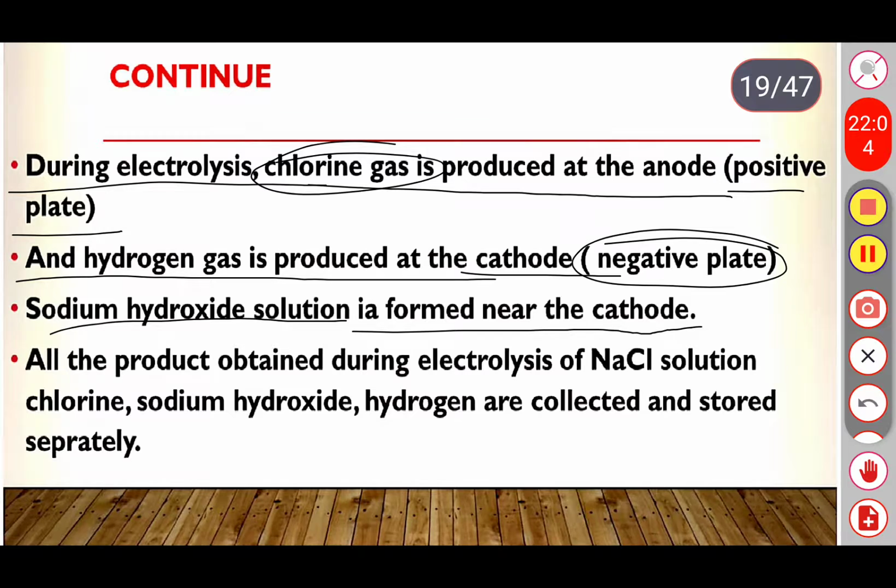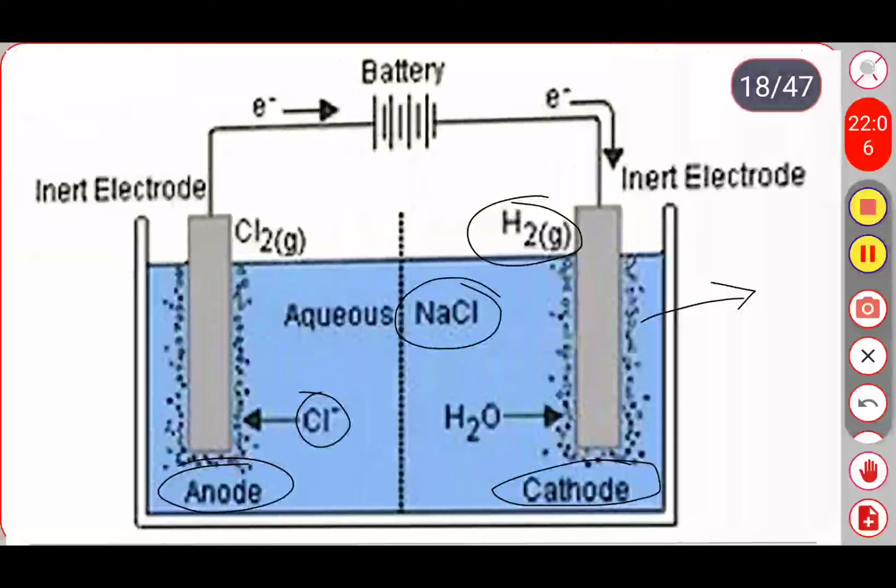Here you are observing, this is the cathode plate. So sodium hydroxide, which is formed nearer to the cathode plate, NaOH, which is formed near the cathode plate. Okay, next one,